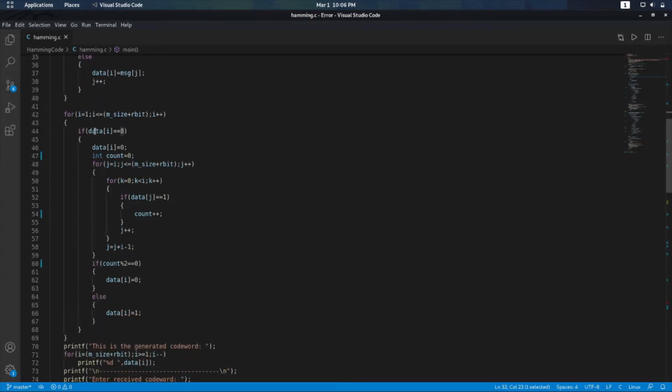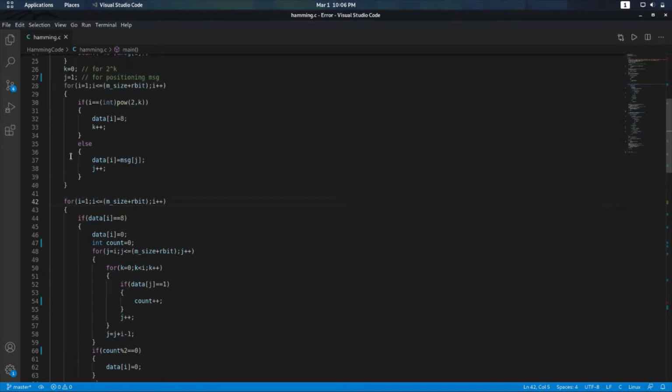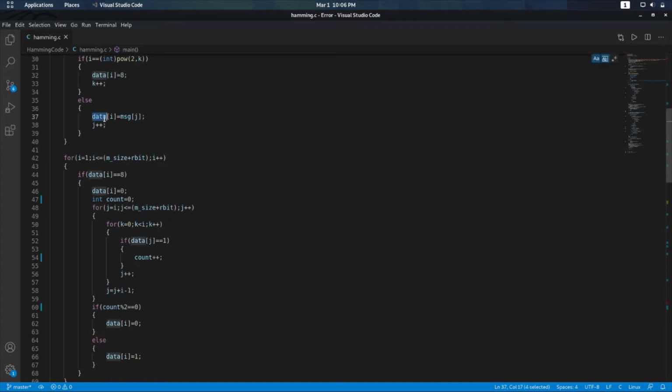Now my job is to find out what the value of the redundant bit should be in place of 8. That is the intention of the next loop. Because we are working with even parity, we have to make it even or odd based on the number of ones in the message.